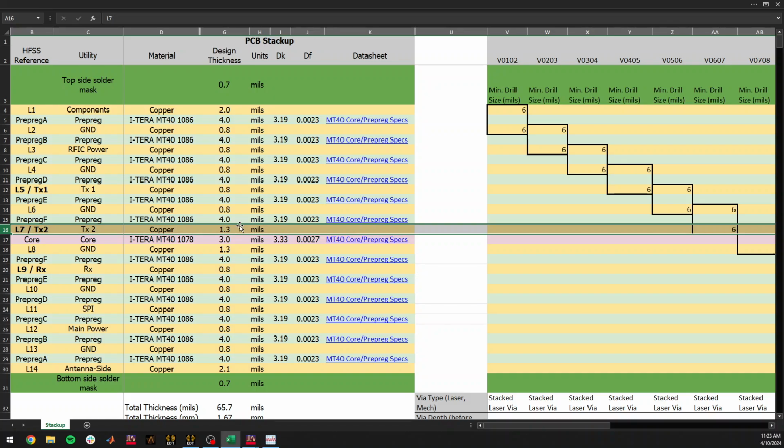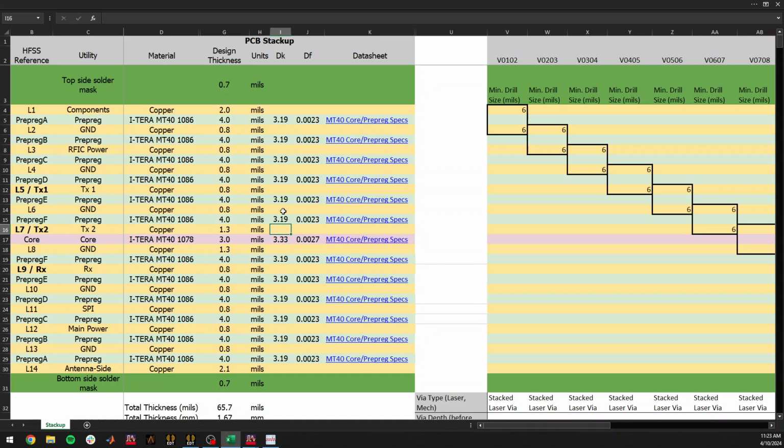It's layer 7, or TX2. This PCB had multiple transmit and receive layers. In our case, transmit was at 30 gigahertz, receive was at a lower frequency. It also includes the dissipation factor and dielectric constant that are associated with each prepreg and core